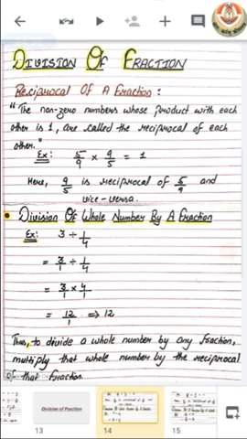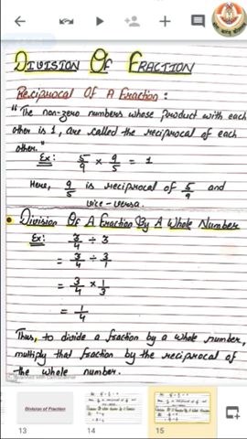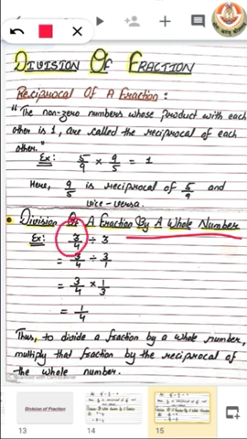Let's try to understand another type of division of fractions. Now, division of a fraction by a whole number. Previously, we had discussed how we can divide a whole number by a fraction. Now we will discuss how we can divide a fraction by a whole number. So let's take an example that 3 by 4 is divided by 3. For this, we have to convert this whole number into fraction by putting 1 in its denominator. Now we have same situation, the division of two fractions.